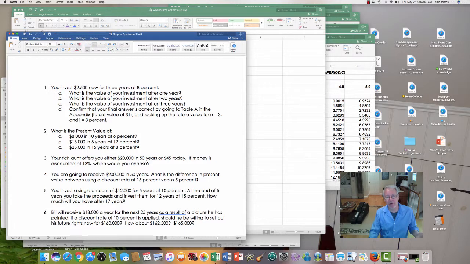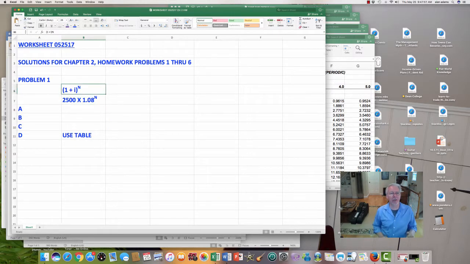What is the value of your investment after 1 year? It's going to be worth the original $2,500 plus interest, 1 year, 8%. So whenever you solve a problem like this, friends, we know that it's going to be based on this magical formula that is at the hub of the great wheel we call time value of money calculations. Everything revolves around 1 plus I to the nth power, where I is the interest rate and n is the number of periods involved, okay? So when you're solving A, B, and C, not D, we're going to do it the right way, okay? A, B, and C are just illustrative. You're going to take the amount of money,